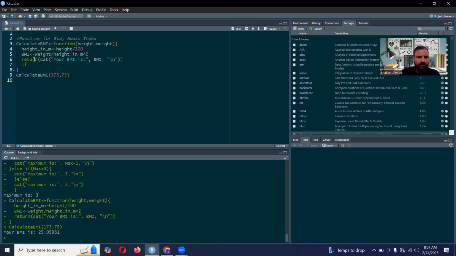For now, we don't need to provide this result. We first write an if else command. If the condition BMI is less than, for example, 18, less than or equal to 18,